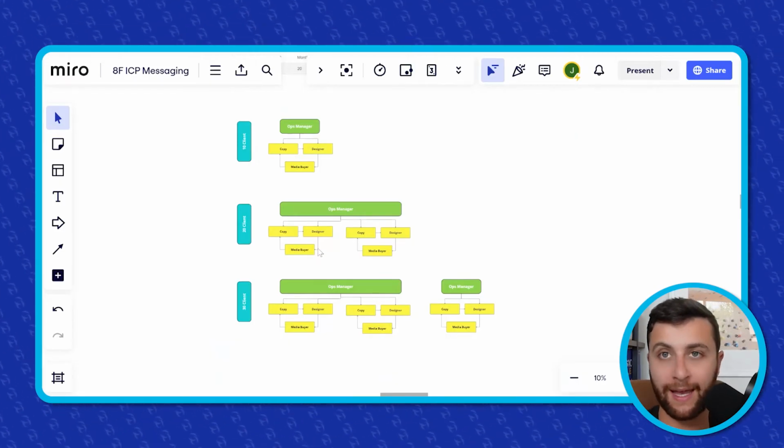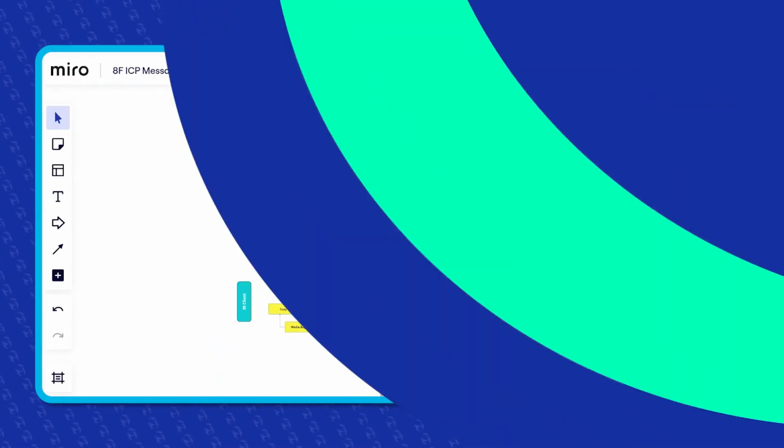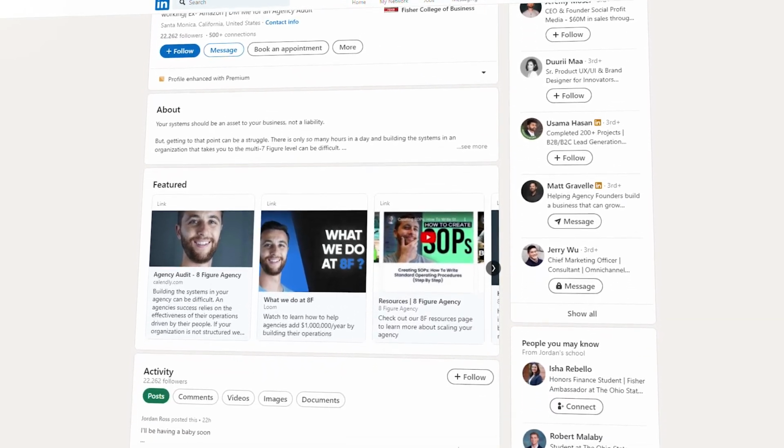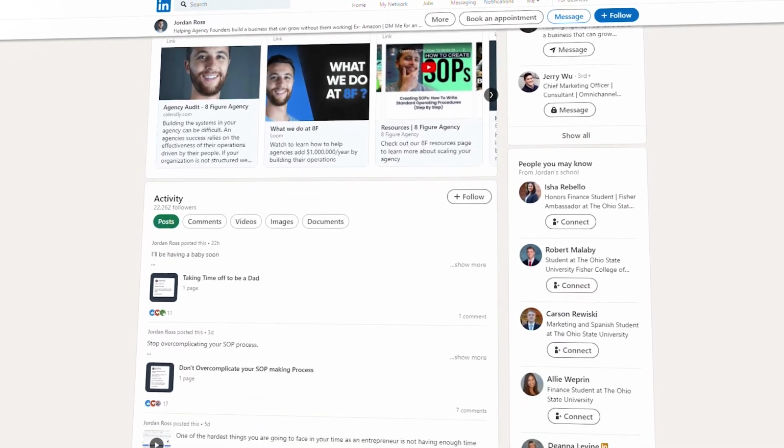What's also great about doing this, when you run this simple analysis, you could see what roles you're going to need to get. So you could start to source talent in advance. Now, if you were to go to my LinkedIn at any given time, you would notice that I always have the hiring badge underneath my face. Now, the reason I do this is because I run this forecast all the time. I know what my consultant's capacity is. I know when they're going to hit capacity. I know when I'm going to need to hire people.